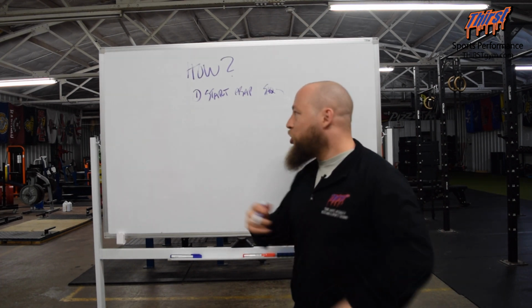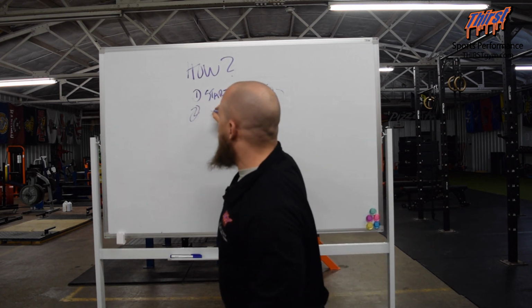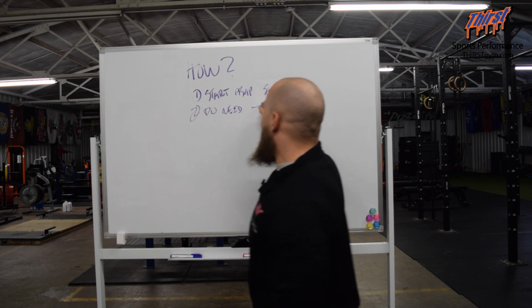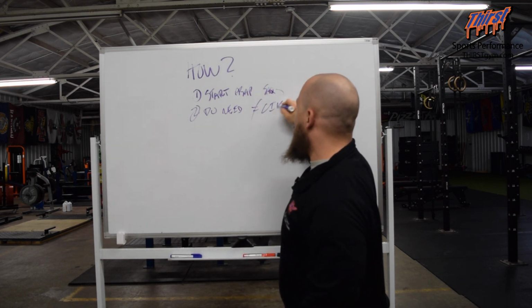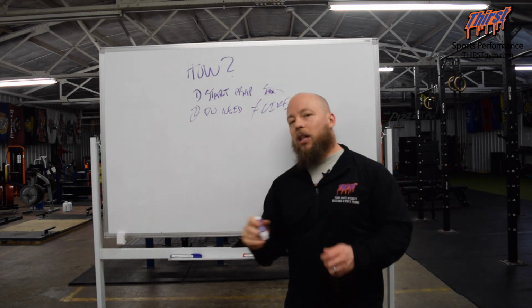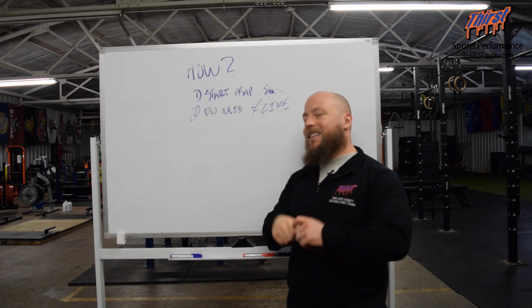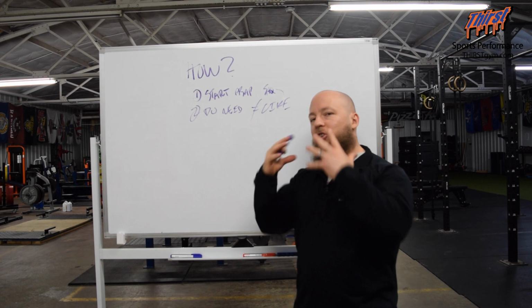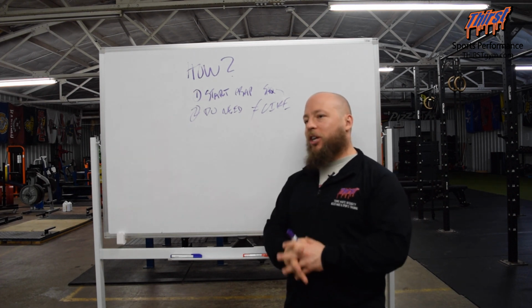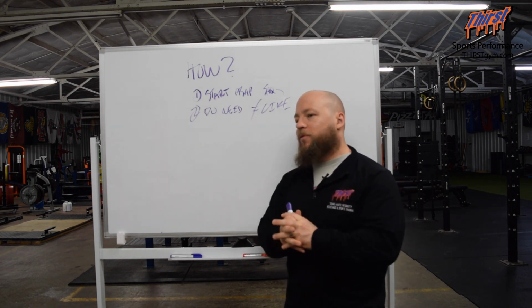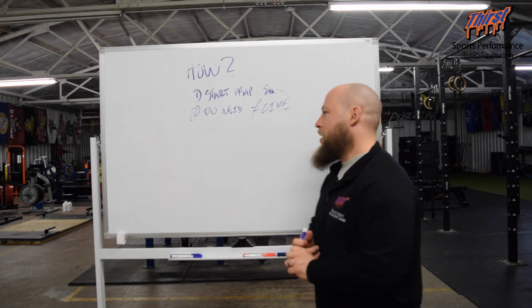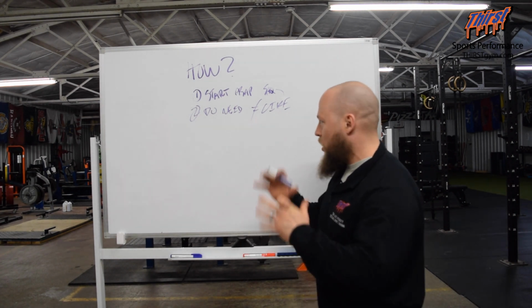All right, step number 2 is going to be to do what you need, not what you like, okay? So this is gonna be a little bit more detailed, I guess, but when you look at athletes and they jump and they run and they change direction, part of our goal is to figure out what are they not good at. So we're gonna take an athlete, I'm not even gonna say what sport because it doesn't really matter,